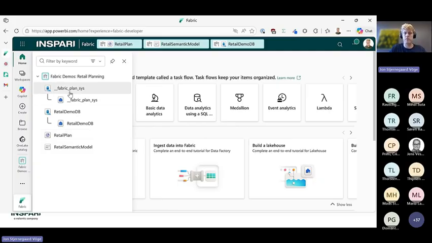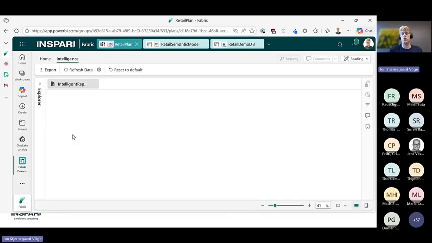This Fabric Plan SQL DB is something that the plan item will create on your behalf inside the workspace to handle some metadata things that happen underneath the hood when you're doing write-back tasks and stuff like that. You don't need to worry too much about it, but in this case you should more consider the pipeline that I've built here, a SQL DB into a semantic model that I'm feeding into my plan item. That's kind of the architecture underneath my solution here.